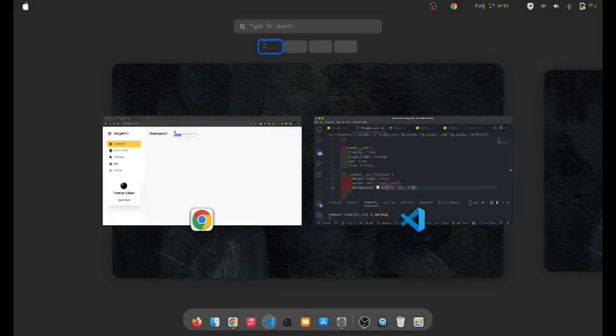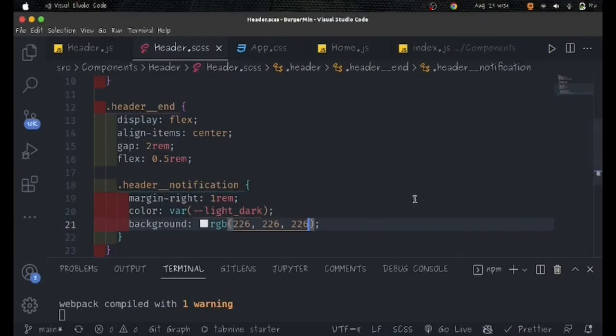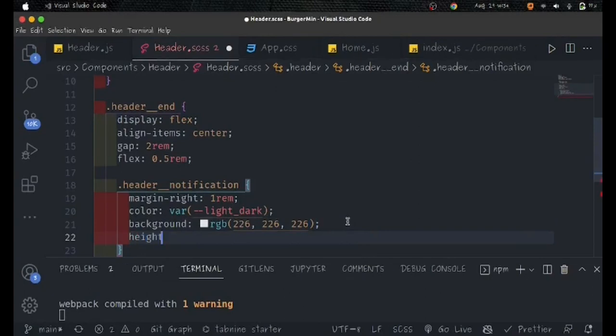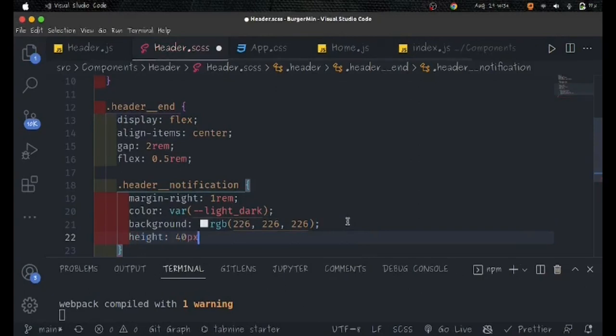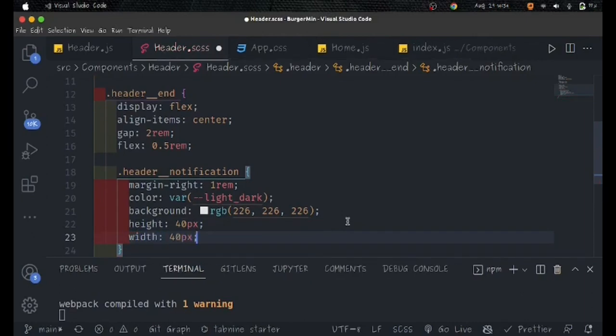Somehow a little bit gray, but not gray, or maybe it can be gray though. And it's also going to have a height of 40 pixels and a width of 40 pixels,